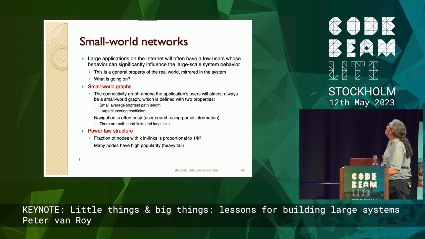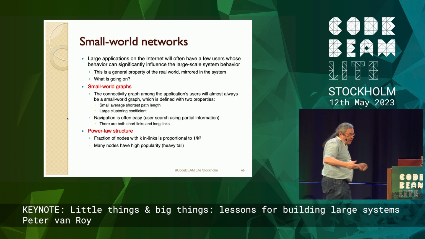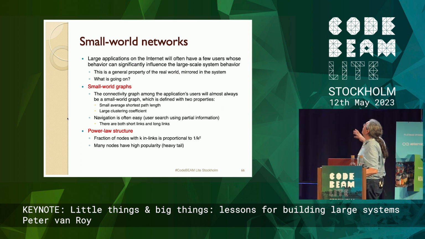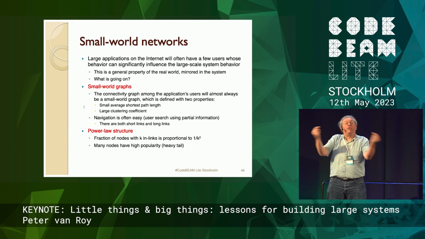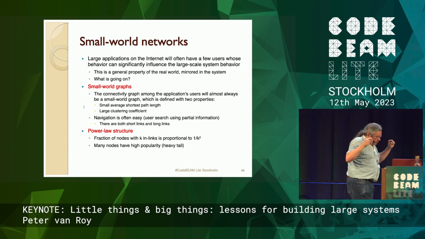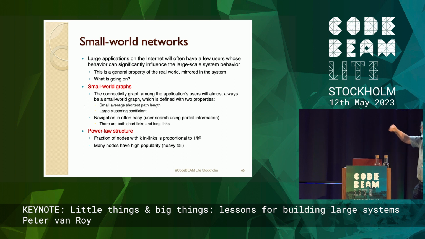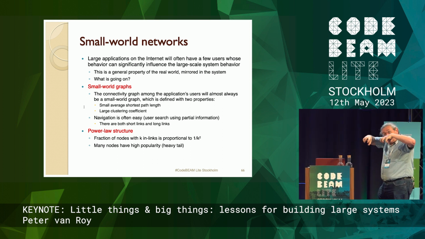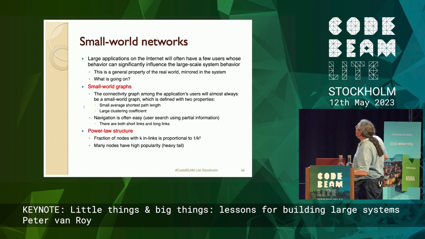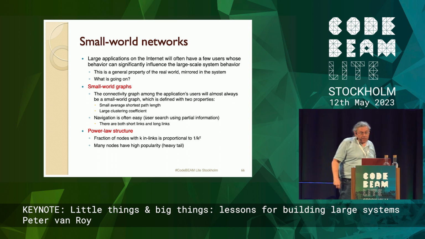The final thing is something that's really important that you have to understand. All large networks created from the real world, organically, from humans: if the data comes from humans or from the real world, it will be a small world graph. So that means a graph where the distance between any two nodes is small, which means the shortest path between any two nodes will be small, and also it's clustered, it's compact. That seems contradictory, but it's not. So you can actually navigate easily in these graphs. People talk about 6 degrees of connectivity and stuff like that.